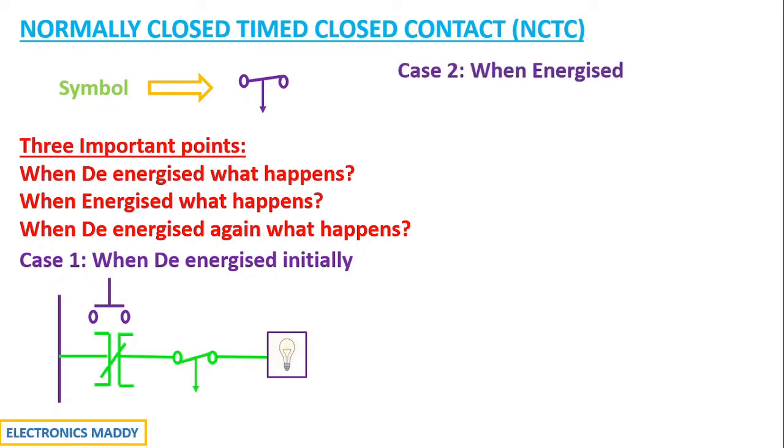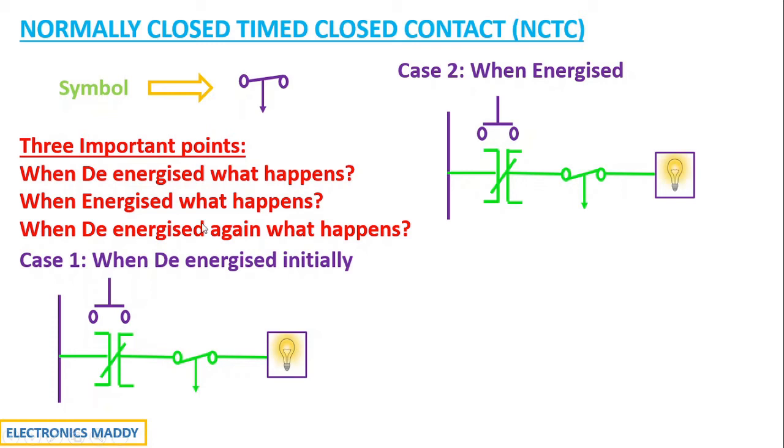Now what happens in case 2 when we are energizing a de-energized contact? In this case, I will be energizing it by pressing the push button switch. Once you press the push button switch, what will happen? It will act as an open circuit because it was previously closed. And the fact that it is a normally closed contact, once it is energized, it will act as an open circuit. Since this is acting as an open circuit, the entire rung over here acts as an open circuit, isn't it? The current stops flowing through this path, and consequently there will be no current flowing through this path. Once this happens, instantly the light stops glowing and the current does not flow to the load. So everything takes place instantly, there is no time associated.